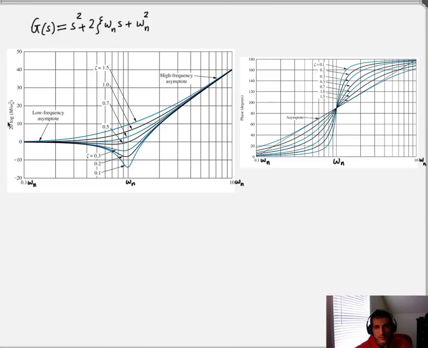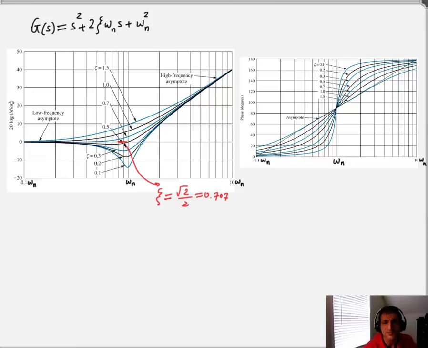But now it turns out that for magnitude, or in terms of the dB, the Bode plot, it actually looks very interesting. It is going to be dependent on the value of zeta, and you remember zeta, the damping ratio. So it turns out that if your damping ratio is greater than 0.707, which is going to be right here, it's not even going to go below this flat line, just going to go straight, just going to reach this, what we call the high frequency asymptote, and this is the low frequency. So this point right here is actually associated with zeta equal to square root of 2 over 2,